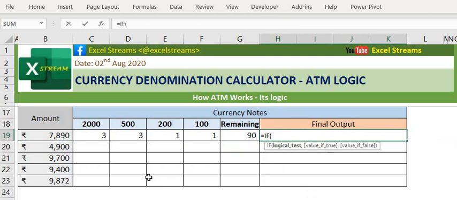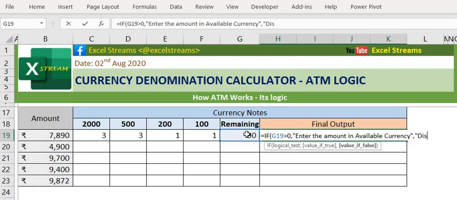If this value is greater than 0, then the ATM shows enter the amount in available currency. And if this is 0, it will disburse the payment.